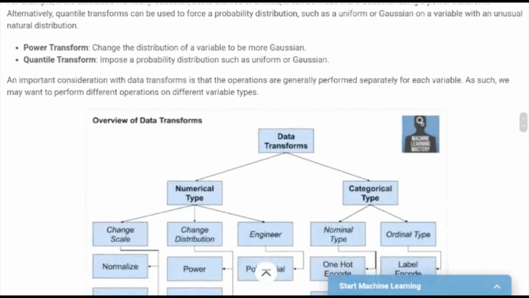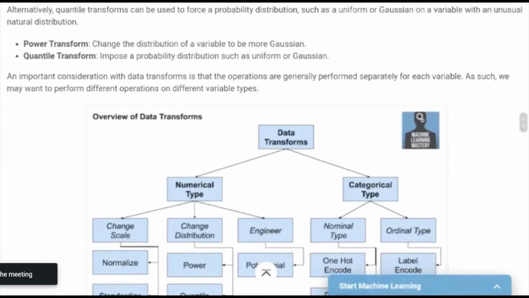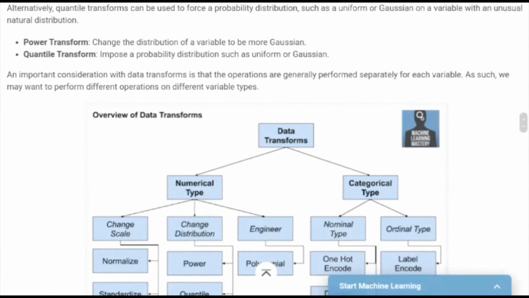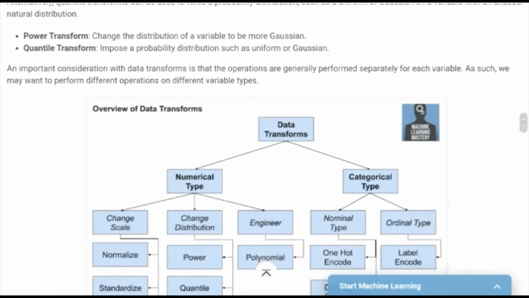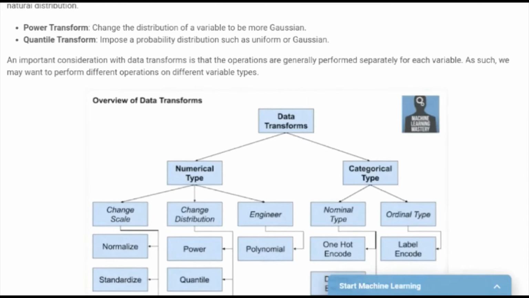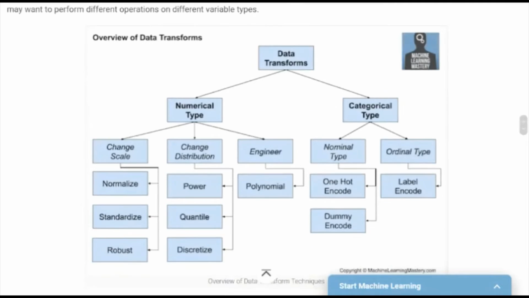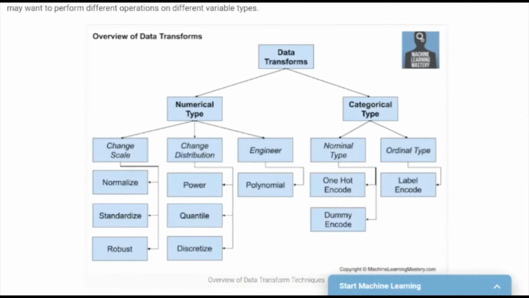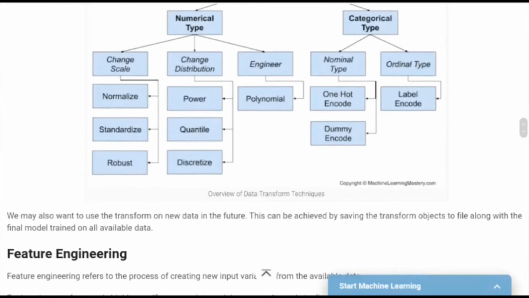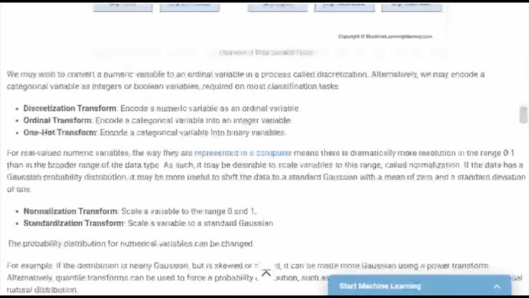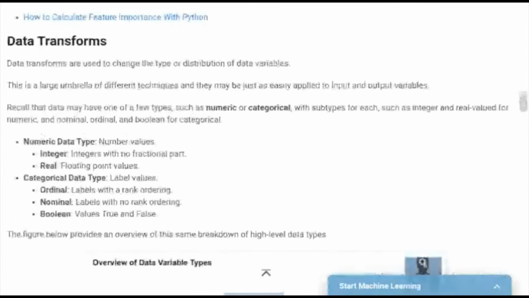Non-Gaussian data will be converted into a Gaussian transformation through power transform methods. In the quantile transform method, the probability distribution will be converted into a uniform Gaussian distribution. So these are the various data transformation methods and how they are interlinked with each other. This is all about data transformation.